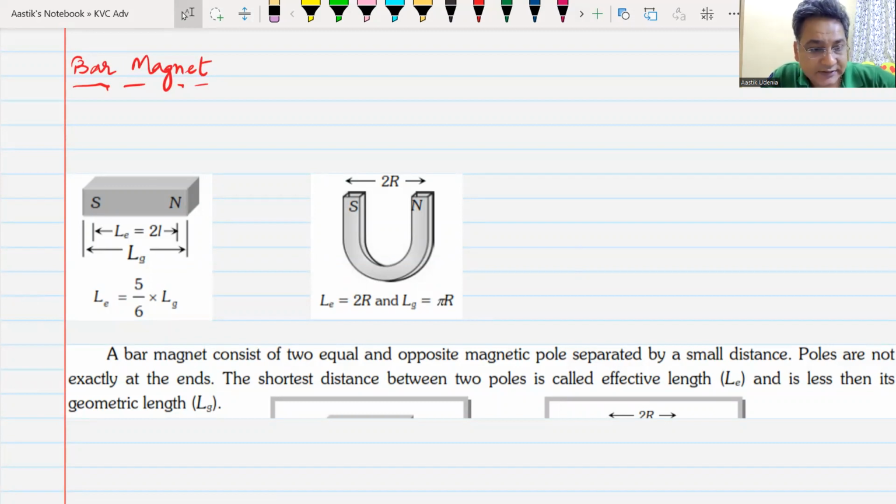This length is known as the magnetic length. Magnetic length. And this ratio of magnetic length and the end-to-end distance is 5/6. Do you see this? The poles do not exactly lie